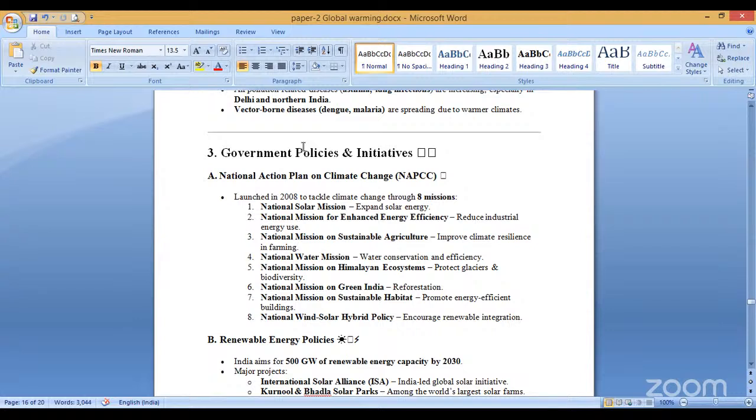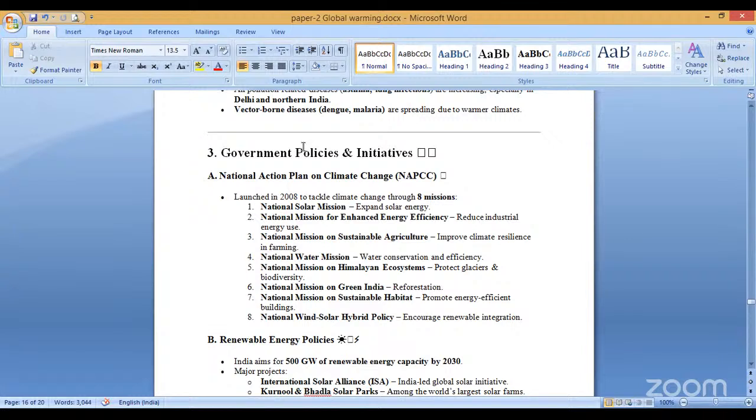It's also called the NAPCC, launched in 2008 to tackle climate change through 8 missions. The National Solar Mission: expand solar energy. National Mission for Enhanced Energy Efficiency: reduce industrial energy use. National Mission on Sustainable Agriculture: improve climate resilience in farming. National Water Mission: water conservation and efficiency. National Mission on Himalayan